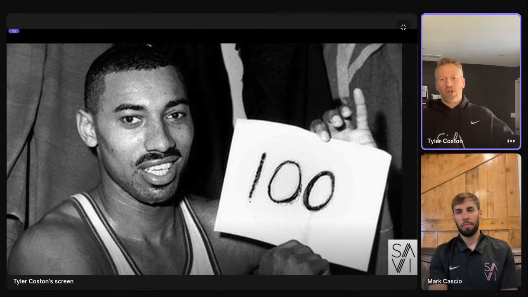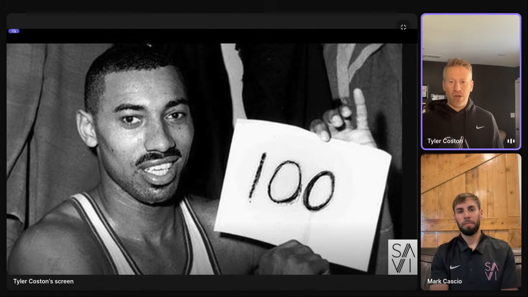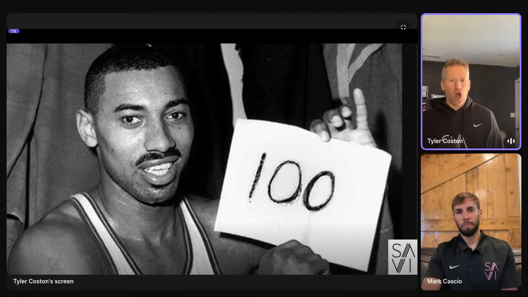So Wilt Chamberlain was historically a terrible free throw shooter, sub 50%, and absolutely dominant, so dominant that opposing teams would make sure that they had multiple big bodies to throw at him, because the only way to stop him was to foul him. It was the original Hack-a-Shaq. It was Hack-a-Wilt. And that was how they guarded him.